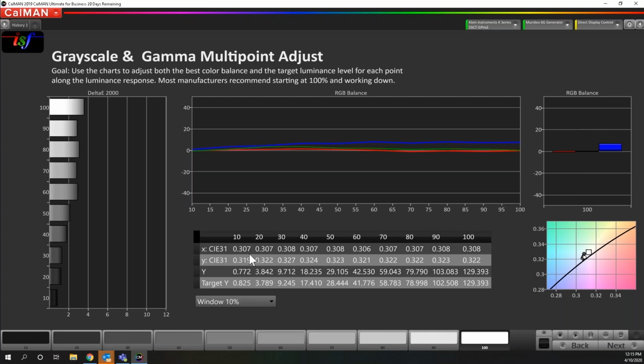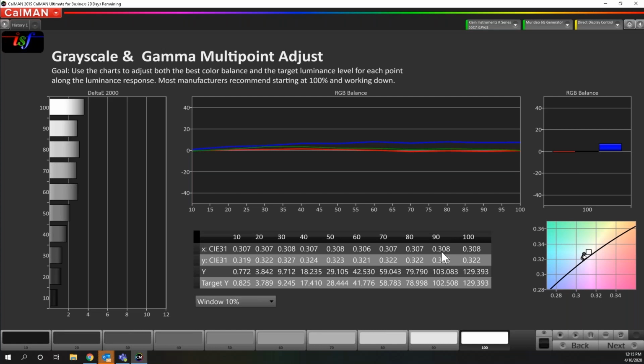So just because you're 0.002 off here doesn't mean 0.002 off here is the same magnitude of error and the same visual difference. So delta E formulas try to use one number to represent the amount of error, but it takes into account human perception